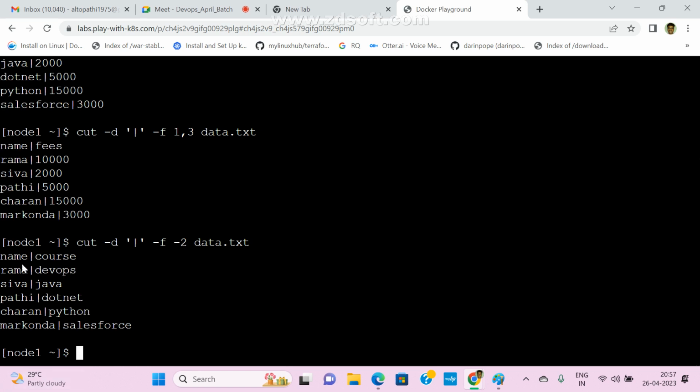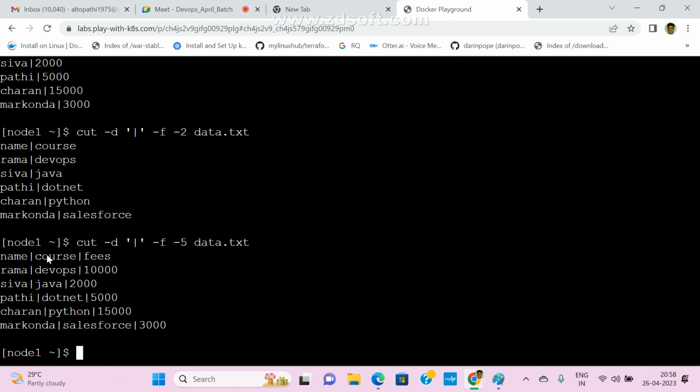Now see here. Suppose in real time we have 10 columns. No, sir, I don't want all columns, only 1 to 2. Or suppose I have 5 or 10 columns and up to five columns only I want to display. Now we can give like this also. Now see here, the 4th and 5th columns are not available. Correct? Yes, sir. So in that case also we can pass it.